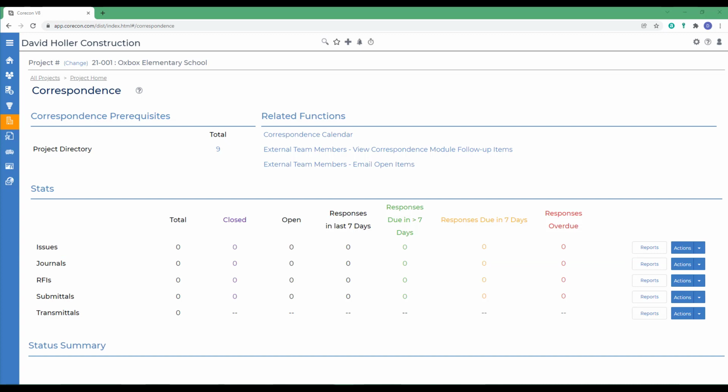Before we begin, there are a few reminders. First, make sure that all companies that will be referenced in the issue show in your project directory. You can optionally set the issue types in Global Settings, Feature Settings, and Correspondence. This was covered in a separate video. You can also review the list of issue status options in Global Settings, Feature Settings, and Correspondence, also covered in